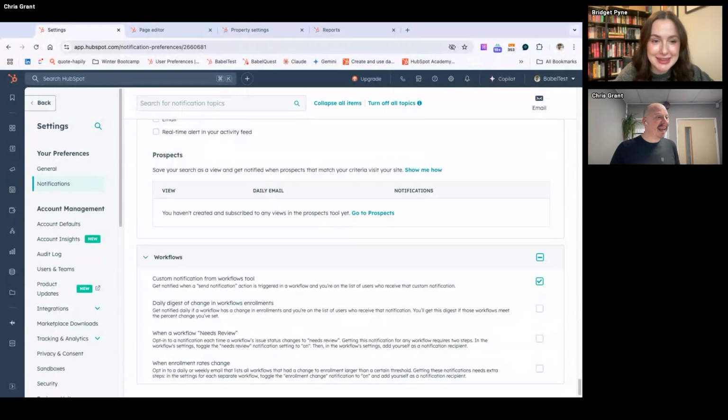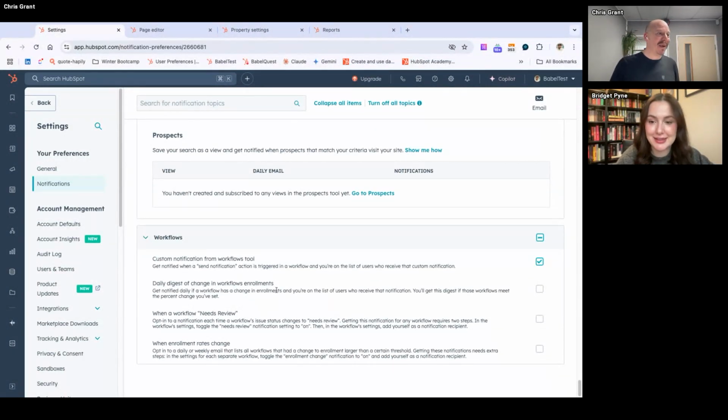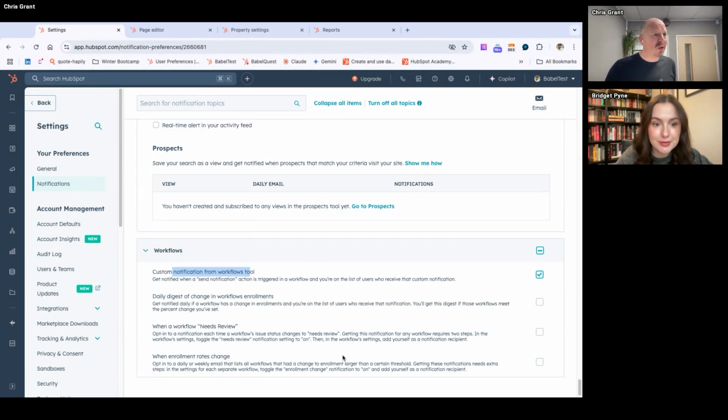But the important one down here that you want to make sure they don't switch off is custom notifications from the workflows tool. And that's usually the absolute killer, that people turn that off because they're getting too many notifications, and then all your beautiful automation that says something has happened, it all falls by the wayside. And I'm pretty sure last time I looked in here, there were fewer options.